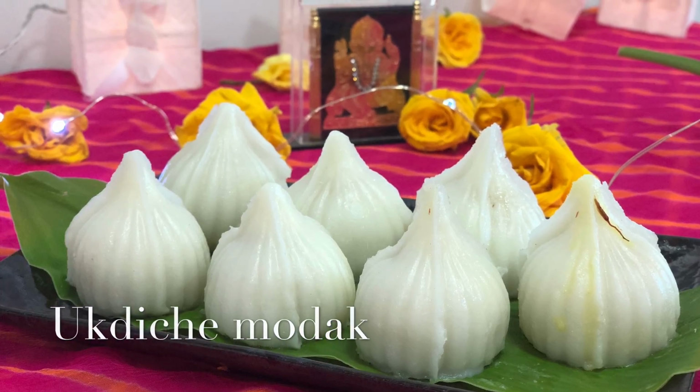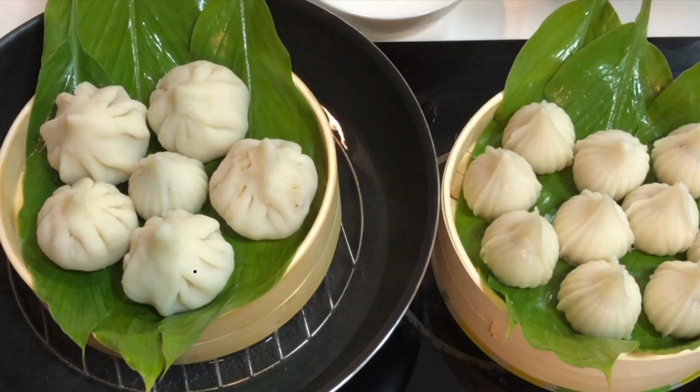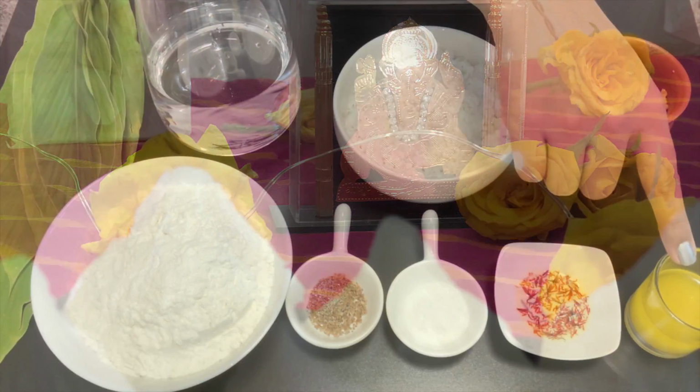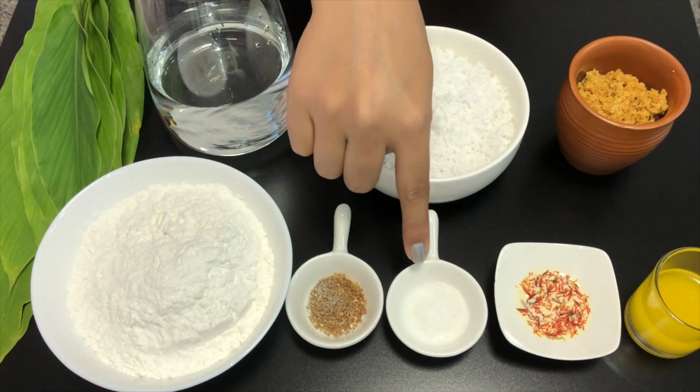In the festive season of Ganeshotsav, let's make Lord Ganesha's favorite food, Ukdiche Modak, also known as sweet coconut dumplings. For making these modaks, we need 2 tablespoons of ghee, some saffron soaked in warm milk, this is optional,